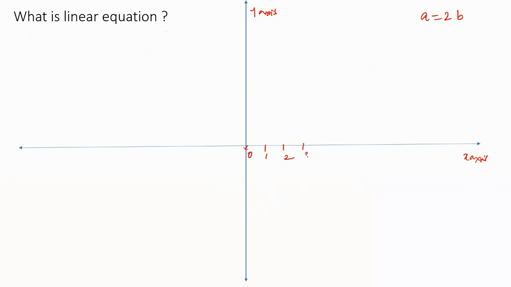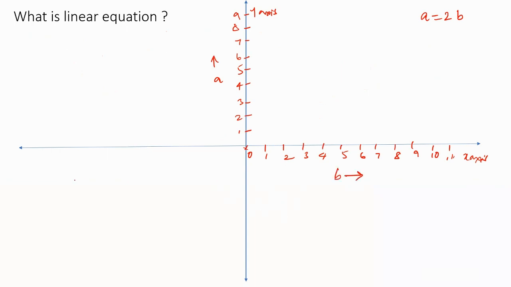Let's say 1, 2, 3, 4, 5, 6, 7, 8, 9, 10. So on the y-axis, I'm going to plot values of a, and on the x-axis, I'm going to plot values of